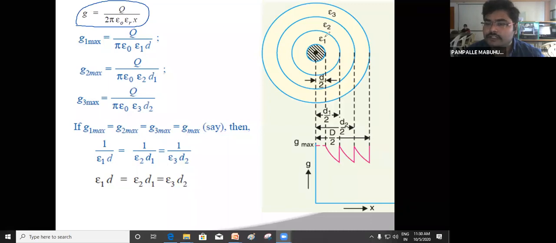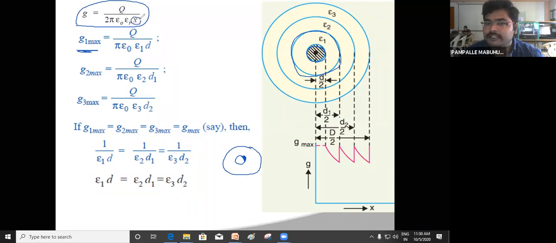Okay, so now if you consider the first layer along with your conductor, now this will be like one cable. Once you consider you are having a conductor on which you are having only one layer, so now this is like a single core cable. So now here in a single core cable, you will be having maximum stress at the surface of this conductor, that means the inner side. Here you will be having maximum potential gradient. So let us call that G1 max.